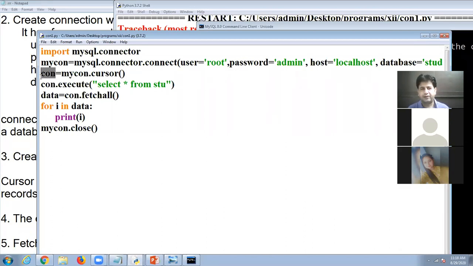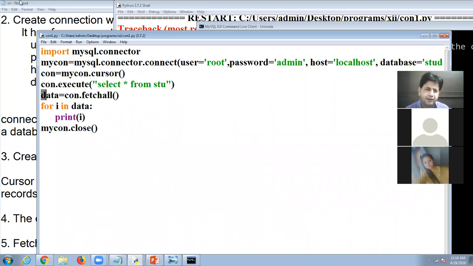It is con. After that, we execute the SQL query, and after that we will have to fetch the data from MySQL. For this, there are 3 functions: fetchall, fetchone, fetchmany. Here I use fetchall, so it fetches all the records from the database.